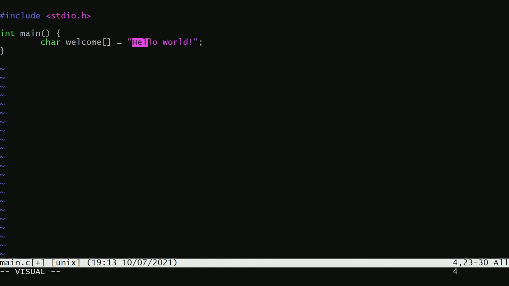There's 1, 2, 3, 4, 5, 6, 7, 8, 9, 10, 11, 12, 13 characters. Why is there 13 characters in here that we're storing into our array? So 13 is going to be the size of the array. Well, because this is what's getting stored inside the array. H, E, L, L, O, space, W, O, R, L, D, exclamation mark,